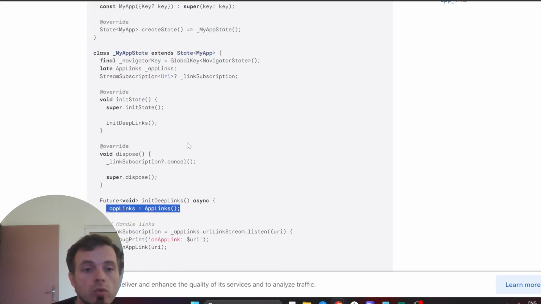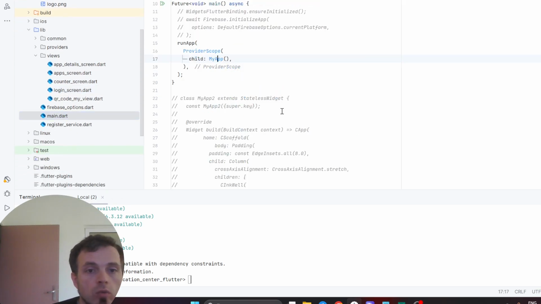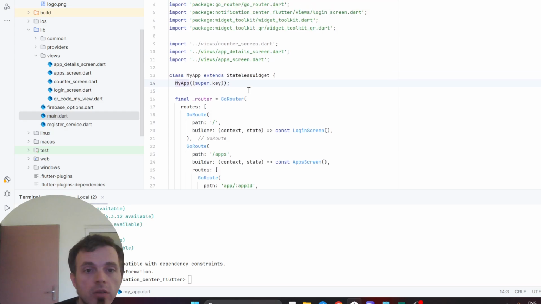So I'll need to make global the place where the router is initialized to make it listen to